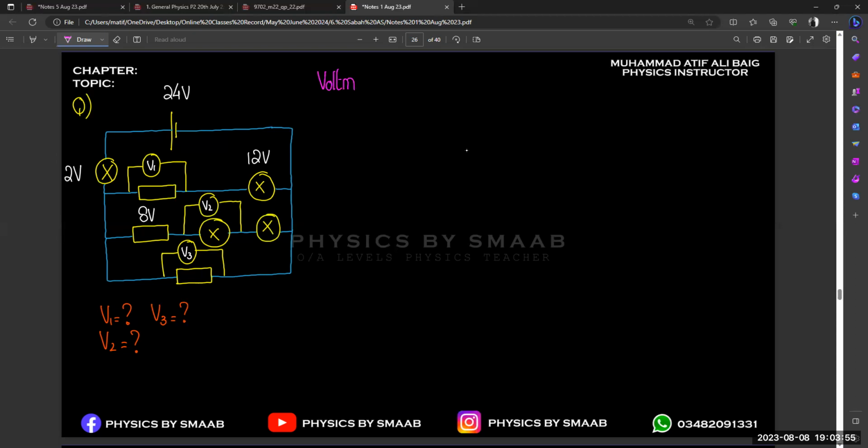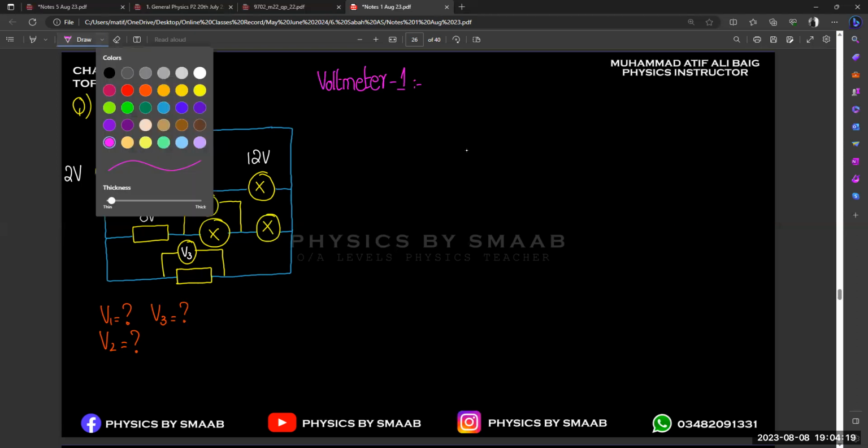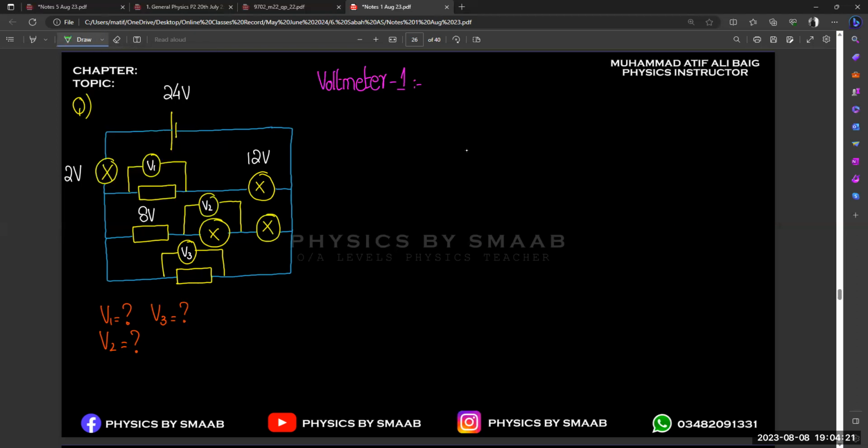Okay, so we know that there's 24 volts in total, right? And it has to split apart, right? So 12. So are 12 volts going to one of the lamps or what? And then 2 volts to another lamp? 22 is going to be left after passing through the 2 volts. And then 1, 2, 3, there are 3 different junctions. So you're going to do 22 divided by 3. So let's suppose,